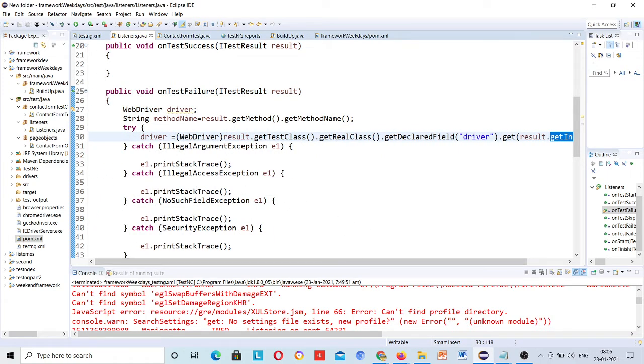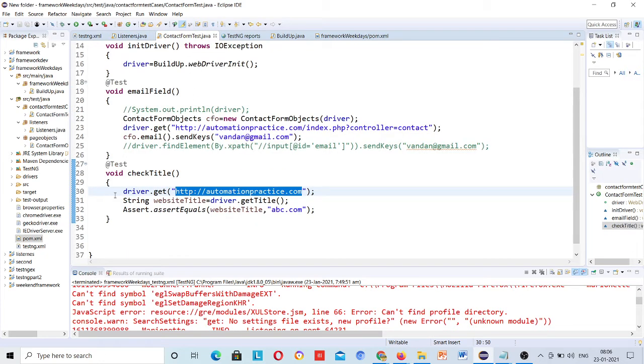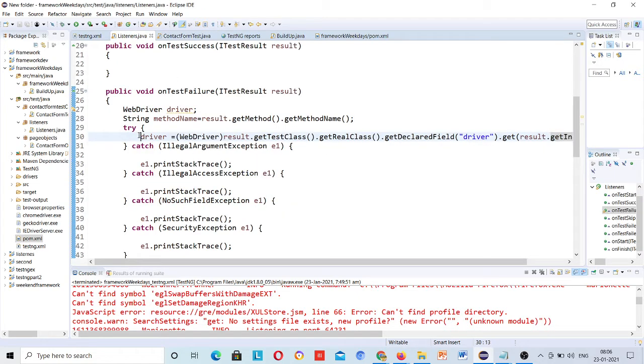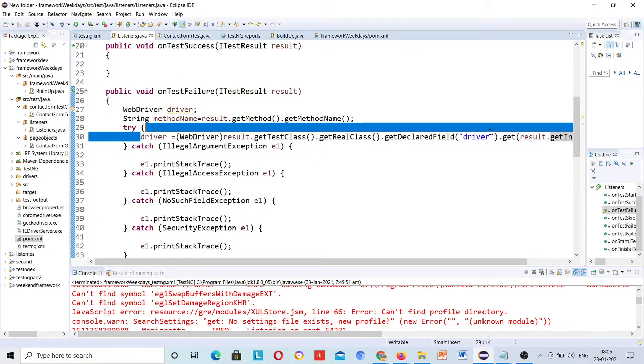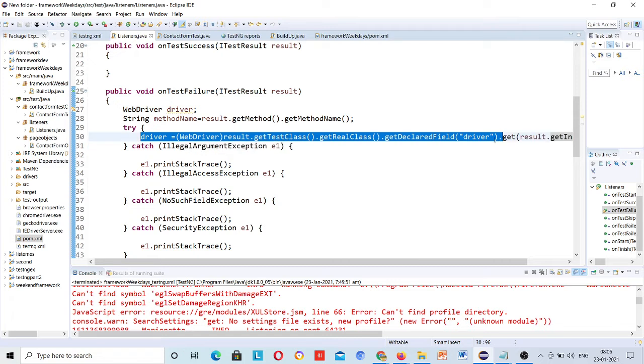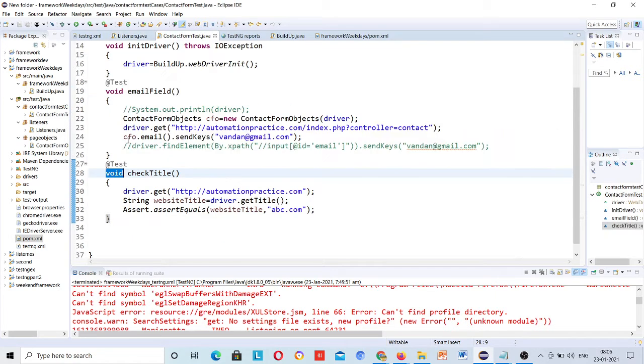But see, if I come to this method, then this is not public, and this will work only for public methods, global. Global will be only if the scope is throughout the project, then only this will work. So I have to make all these methods public, which I want to capture for failed test cases. Tomorrow this test case gets fail.